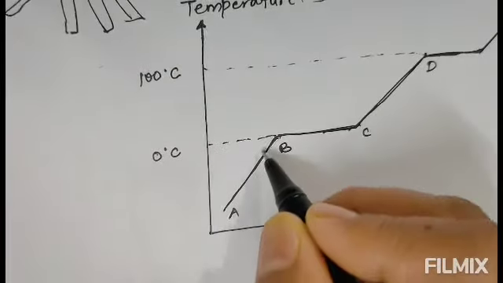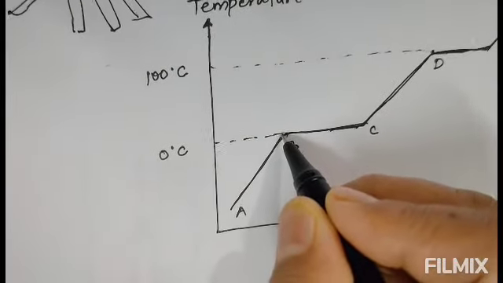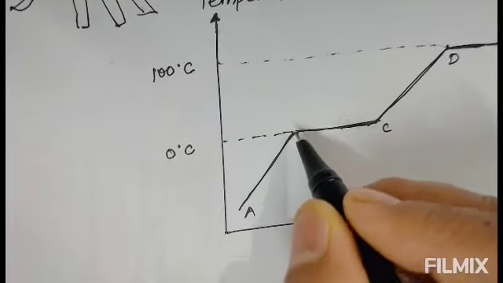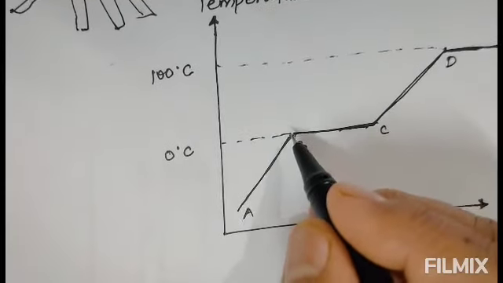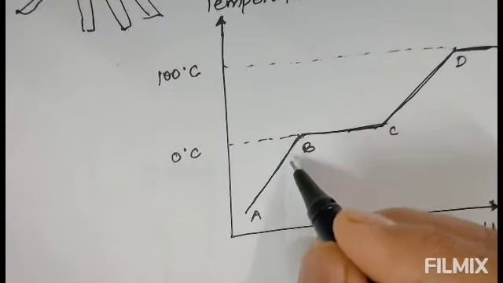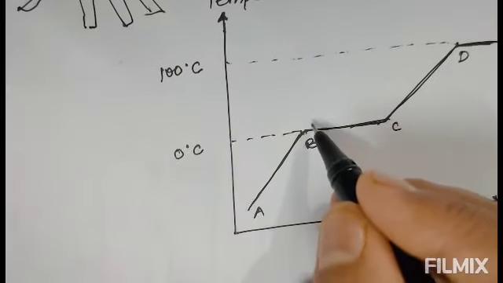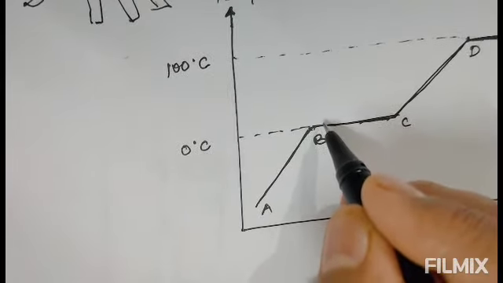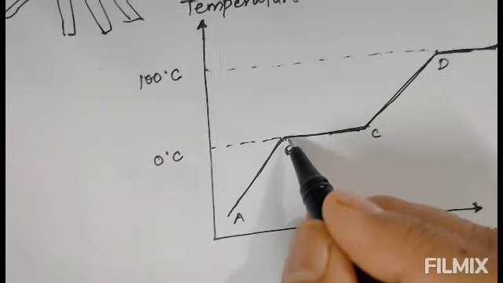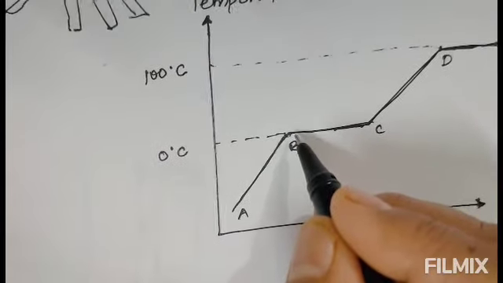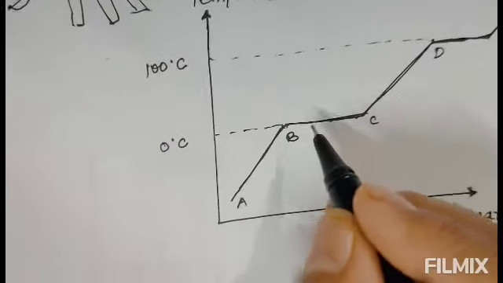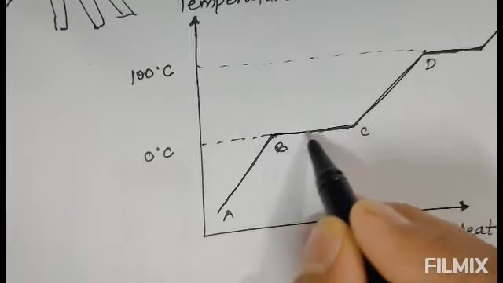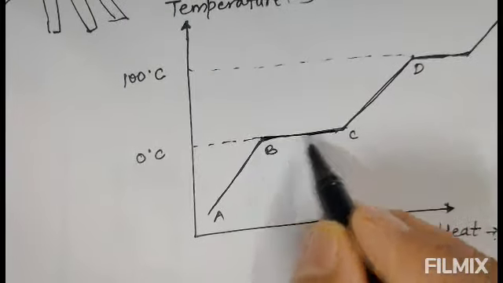it will change state, and when it reaches 0 degrees Celsius, we will notice that the temperature of ice and water remains constant. That means at 0 degrees Celsius, until the entire ice melts. And this shows that both the solid and the liquid state of the substance coexist in thermal equilibrium during the change of state from solid to liquid. You can see the temperature is constant here.